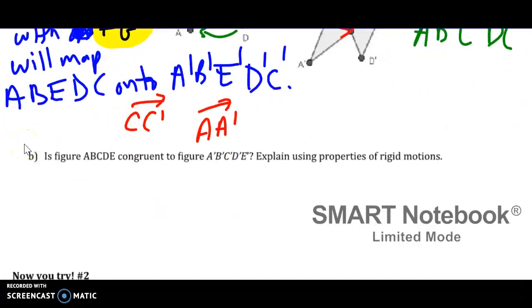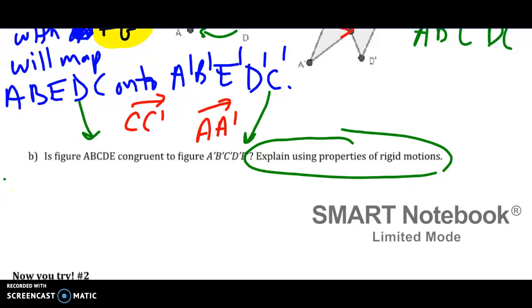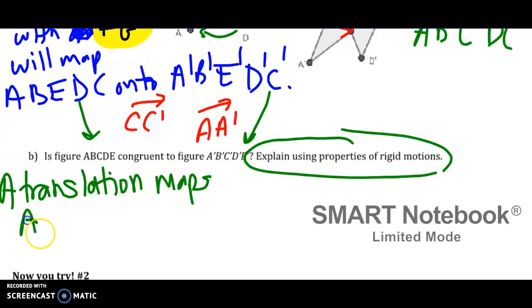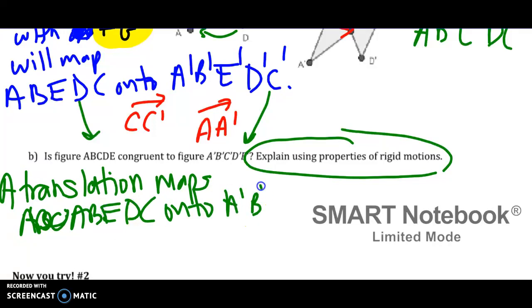Again, the order is off on the naming, so I will fix that. Is figure A, B, E, D, C congruent to figure A prime, B prime, E prime, D prime, C prime, right? Explain using the properties of rigid motions. So a translation maps A, B, E, D, C onto A prime, B prime, E prime, D prime, C prime,